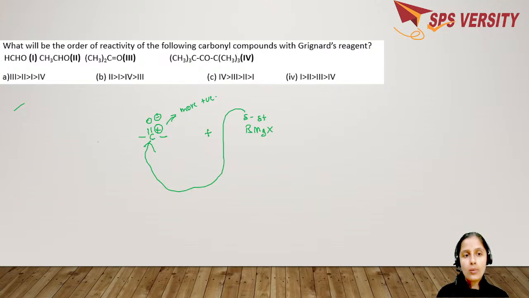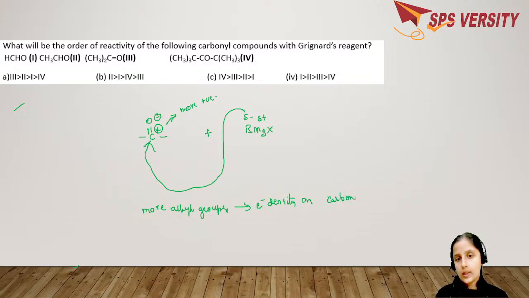If there are more alkyl groups, then the electron density on the carbonyl carbon is going to increase. When it increases, it is less reactive towards nucleophilic attack